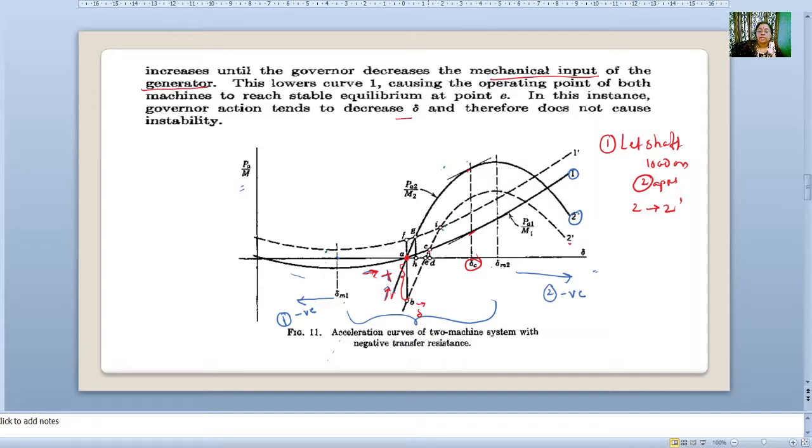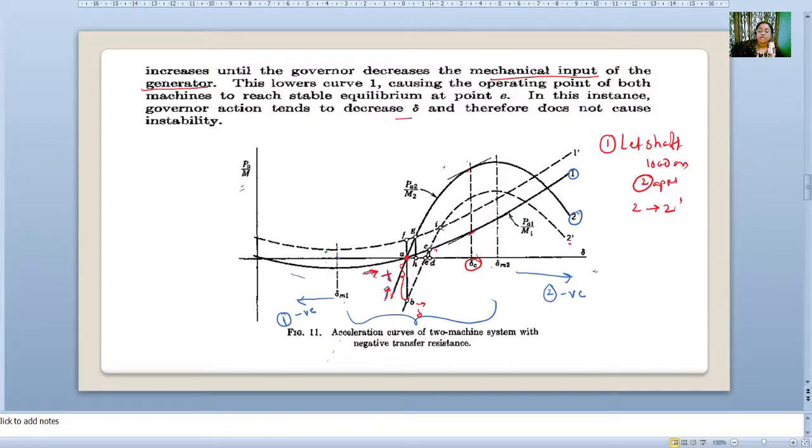The mechanical power, the electrical input of motor 2, is increasing, because del is increasing, so power is increasing. So both machines are operating now, and because of this there is acceleration. So both machines have equal acceleration,